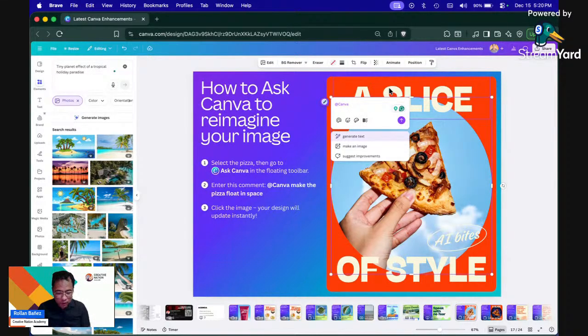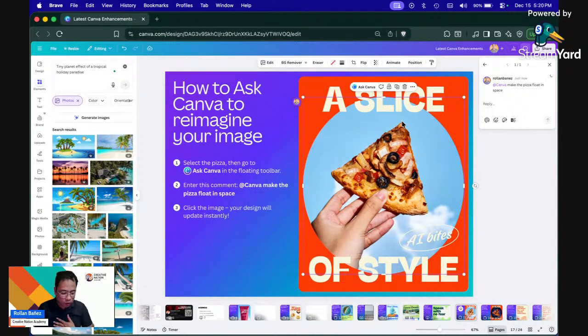Let's say, make the pizza float in space. So what happens here is that it has an agent or AI agent inside of Canva, in which if I click on that, you can easily talk to Canva. And you would see here. Let's wait a little while. As you know, everything you need to